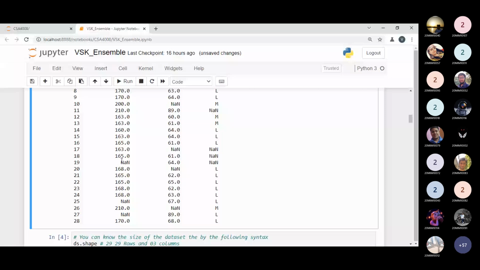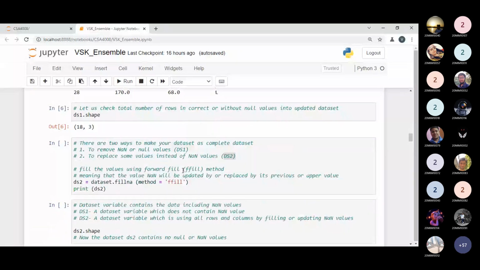So the not a number will be filled by 165. The same thing will happen here. L is coming over here, so it will be filled by the 17th t-shirt size. Then again, what is the previous value? L. So it will be filled by the 17th. The same thing, you can go to the 20th index value. In the 20th index value, 64 is the previous value of the weight. So it will be filled by 64. That is the beauty of the forward fill method. So what is the method I can use? This method is ffillna.